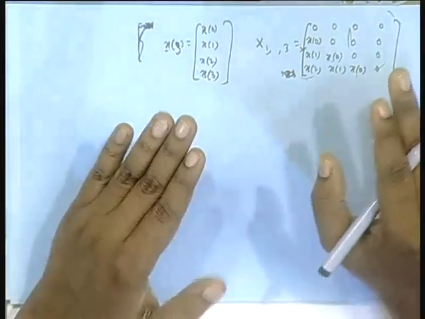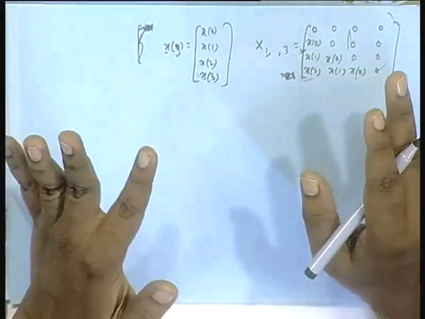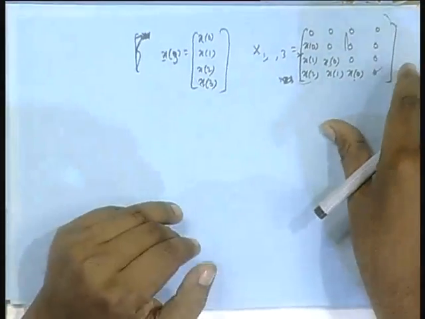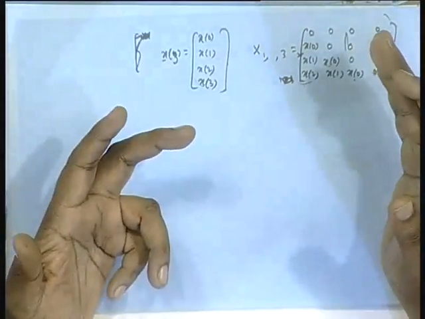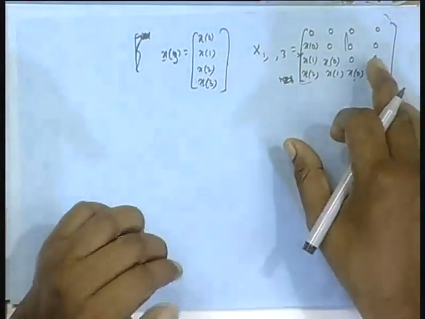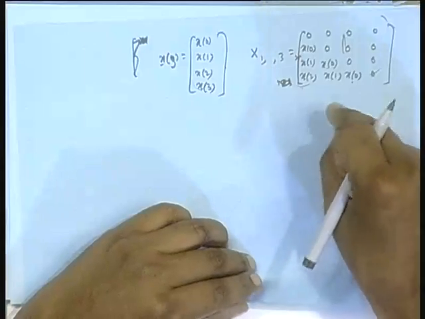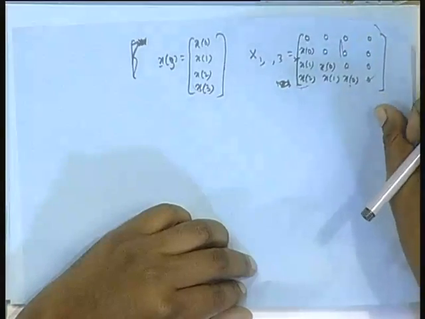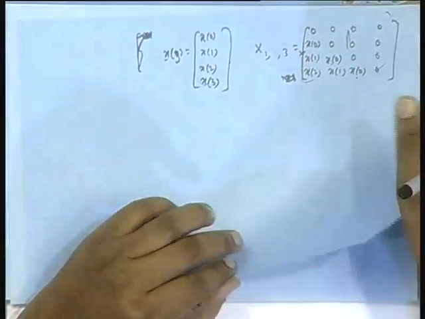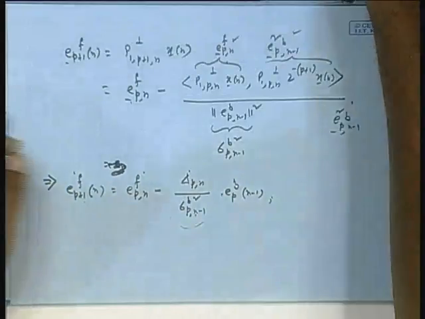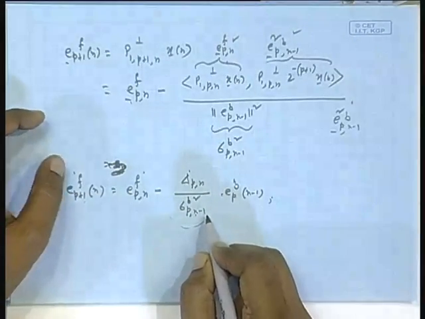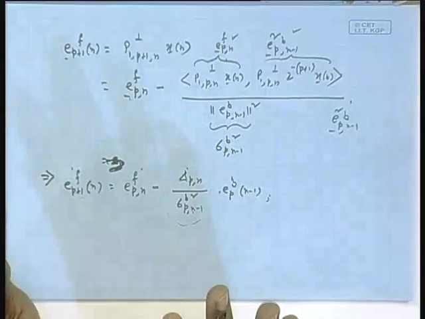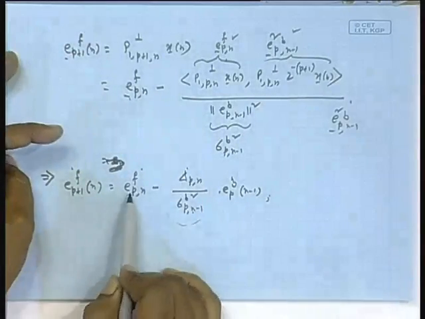It is nowhere near, I mean, the adaptive, the stochastic lattice. It is much more tricky, much more challenging. The E operator and those absolute, ideal things, correlation and all, they saved us. Here it is purely data dependent. There is no question of safety using some abstract E notion. It is purely exact computation everywhere. Okay. So, remember this, you take with a pinch of salt, that this division is possible, dividing only when this is possible, that is we are doing an update only when this is non-zero. Okay. So, this was for forward prediction error updating.